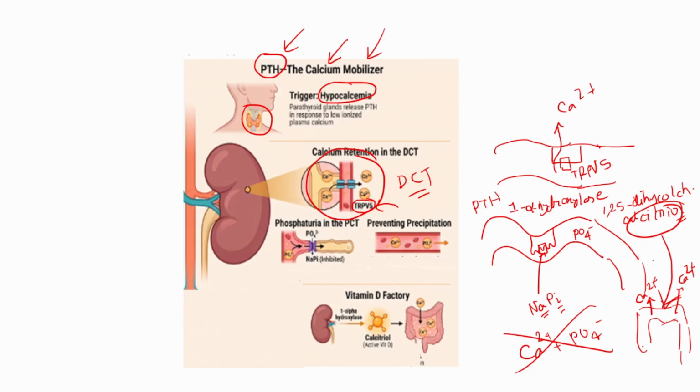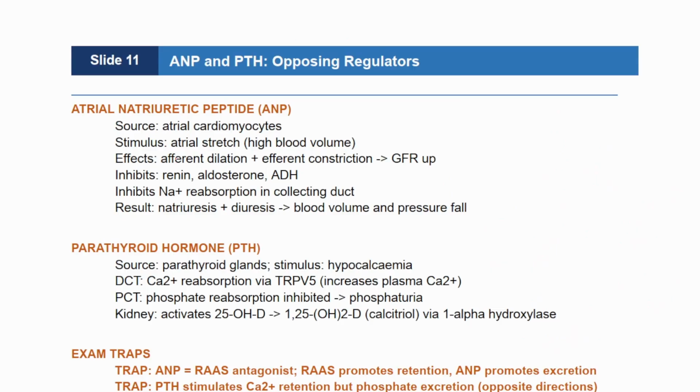As we finish tracking these counter-regulatory signals from the stretching chambers of the heart and the calcium sensors of the neck down to the microscopic channels of the nephron, we see how the structural layout of separate segments allows independent adjustments of blood pressure and mineral matrices. This precise coordination ensures that while one hormone reads the lumen of excess fluid volume, another independent messenger chemically alters the mineral valences downstream, which leads us directly to our structured side review to anchor these core counter-regulatory